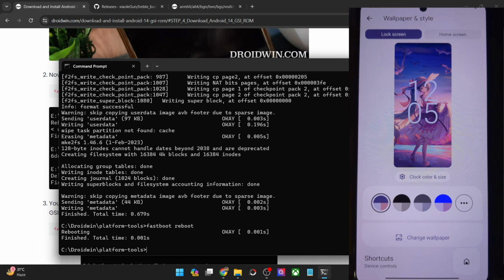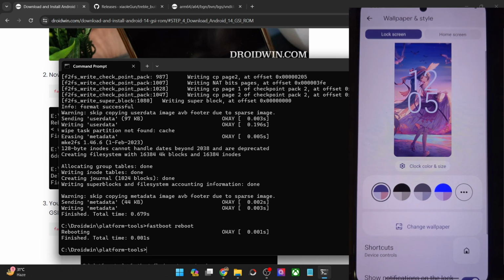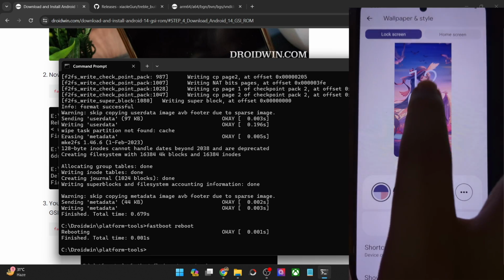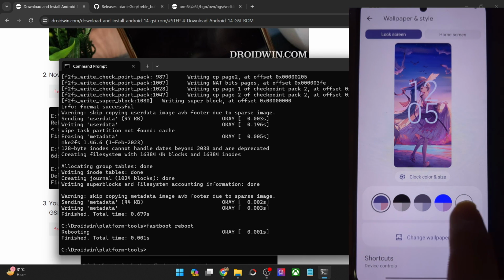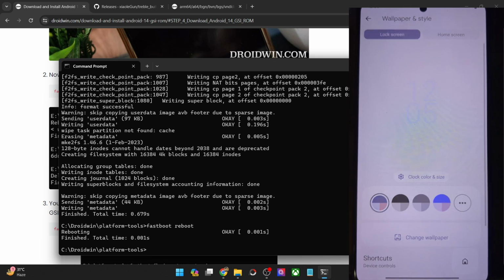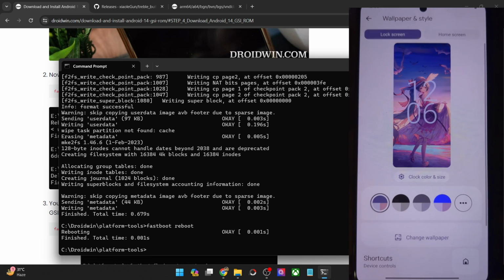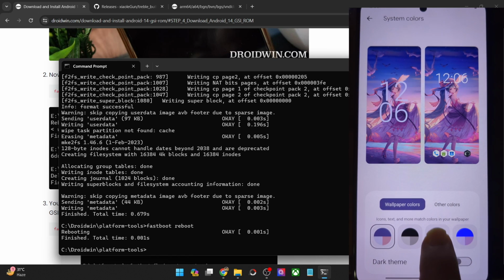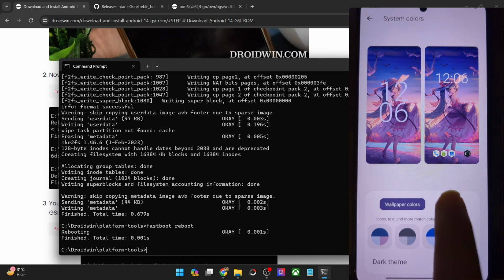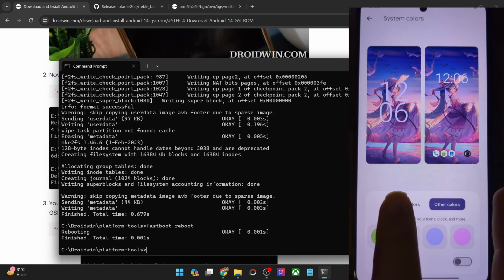Then this is the wallpaper and clock and lock screen. So as you might be aware, it follows the Material You theming engine. It automatically picks up the major color from the wallpaper and applies it across the UI and UX of the phone. As of now, the purple color is the dominant color in the wallpaper, so it's implementing that only. You may change the wallpaper from here and then choose the color as well, or simply tap on this icon and choose the wallpaper from here, or you may also choose the colors from here as well.